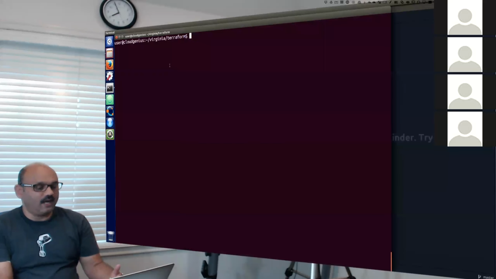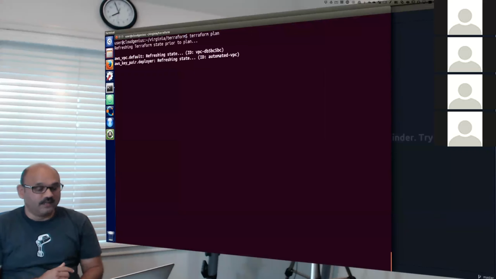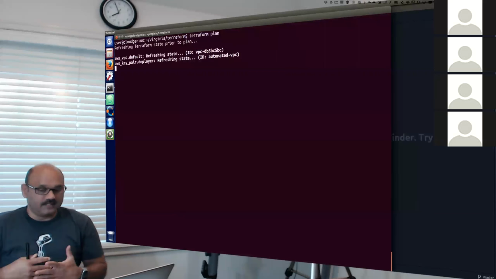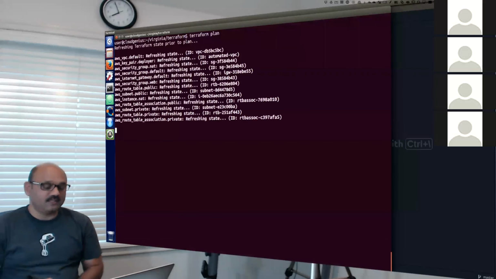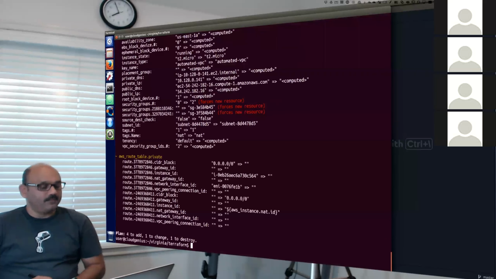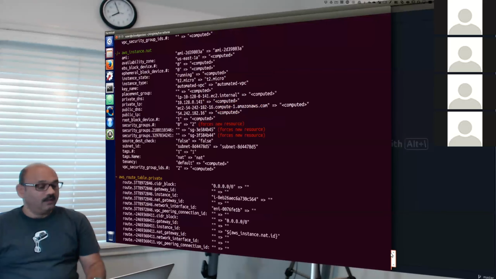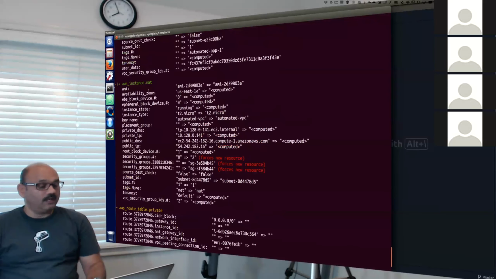So when I now run Terraform plan, it should show me that it is going to create a load balancer, create 2 instances, create health checks, and map ports, and get ready for us when we apply. It will actually execute that scenario. So you see that it is going to basically recreate a NAT instance.